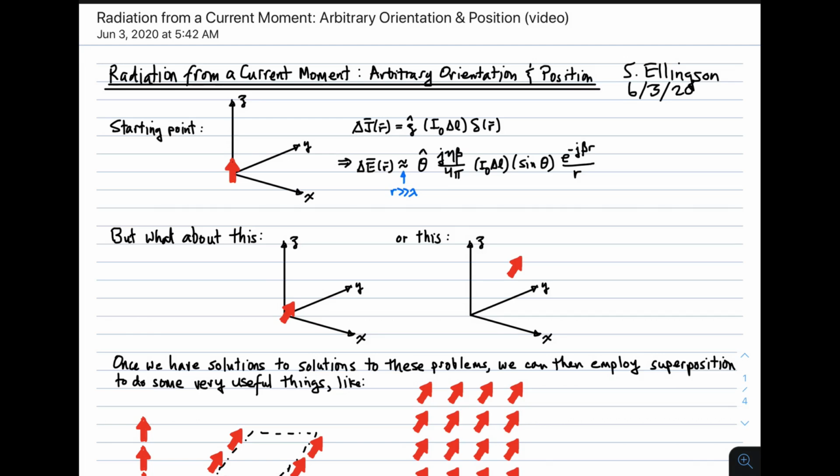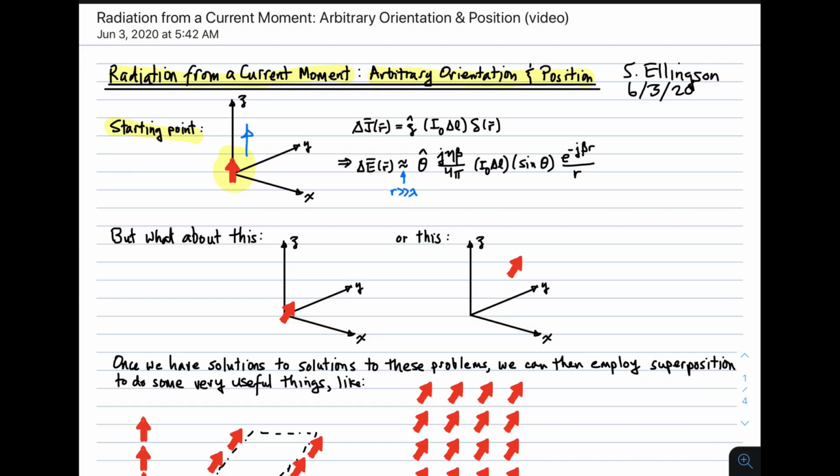Hi, welcome to a lecture on radiation from a current moment, and that's for a current moment with arbitrary orientation and arbitrary position. To begin, as a preface, let me remind you that we have, in a previous lecture, worked out the radiation, that is, the electric field radiated by a current moment which is located at the origin of the coordinate system,